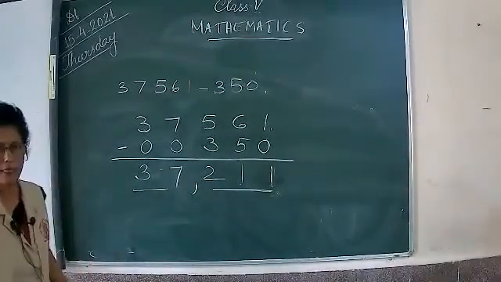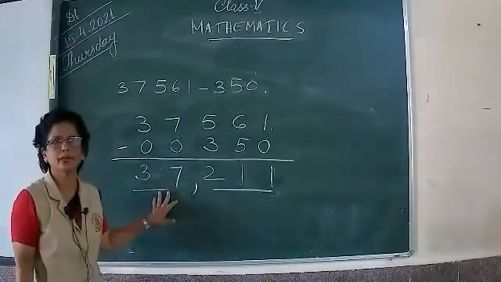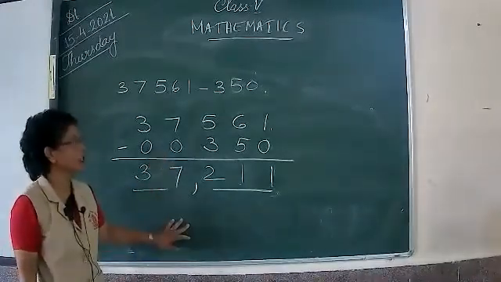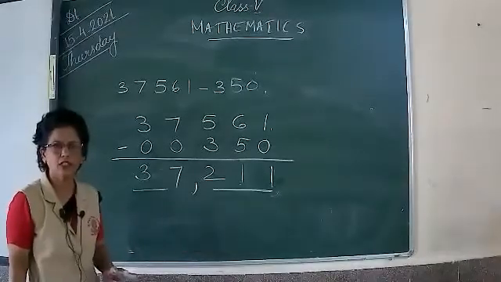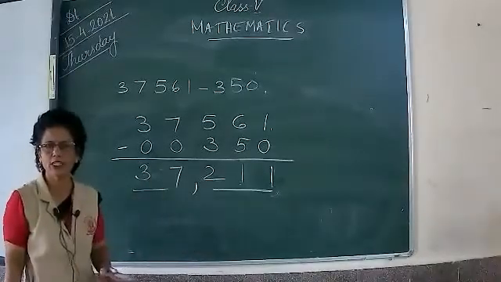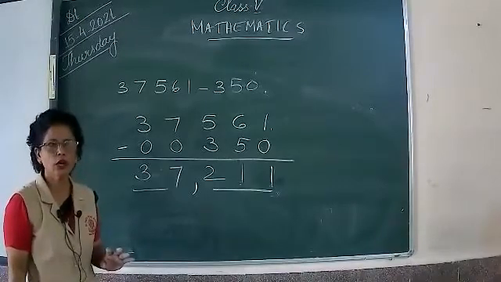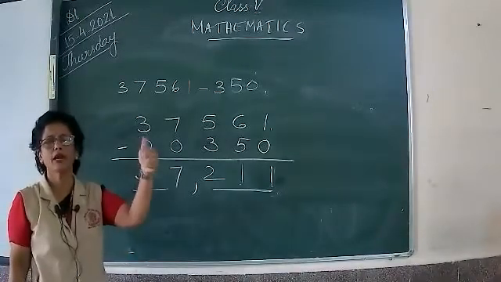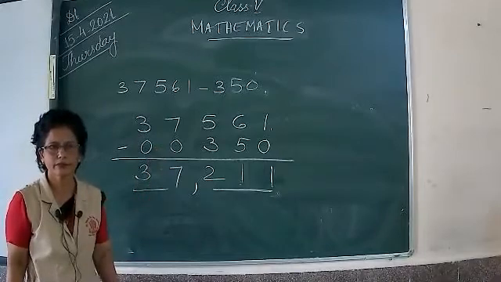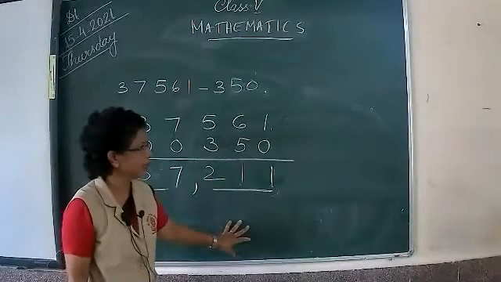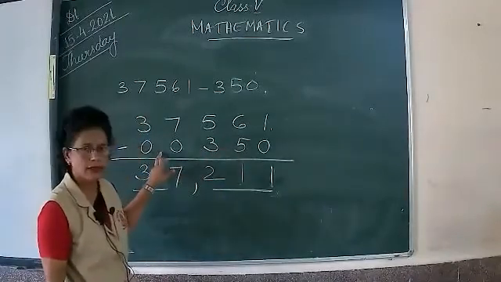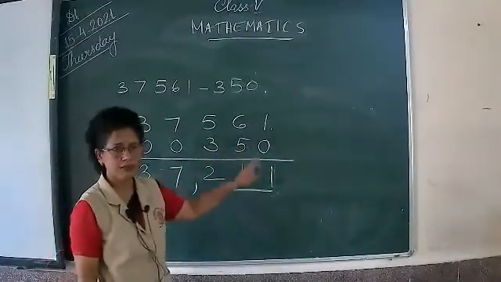Okay, children? So that's all for today. I hope that all of you have understood them. Clear, children? All the properties you have understood. How to arrange the numbers you have understood. Is it clear to you all? Okay, thumbs up if you have understood everything. Have you understood this sum there? How to arrange? Okay. This you have understood.